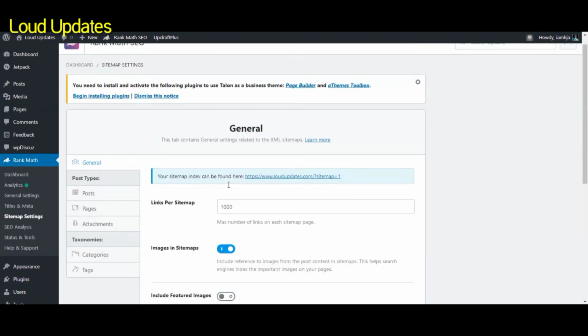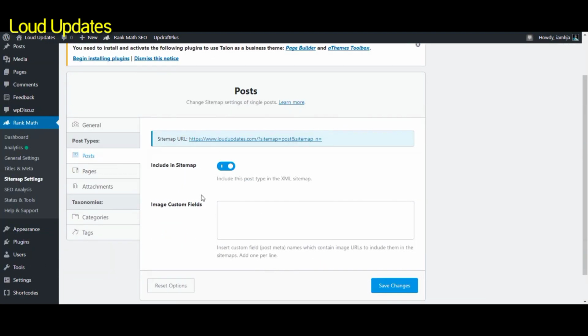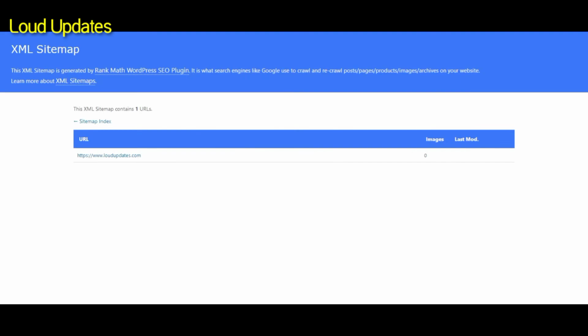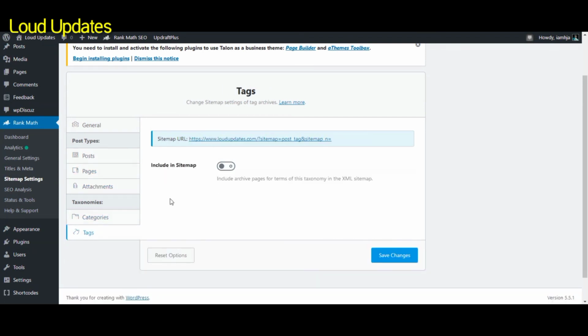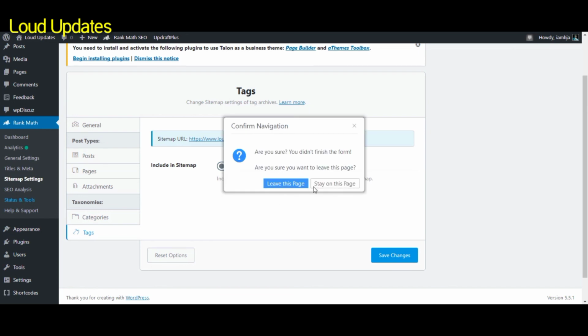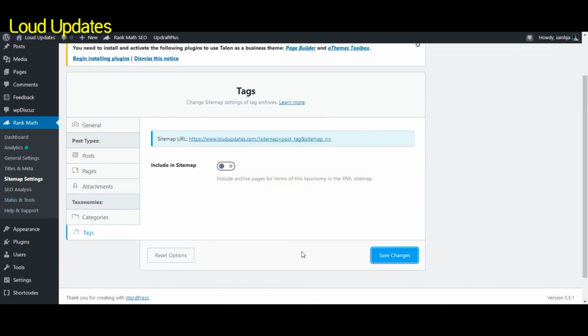Next is image index, which I make 100%. Next is the post sitemap and post sitemap settings. Here you can see how it looks. Because I am not writing any posts yet, here are tags, category sitemap and attachment. So click on the save button.